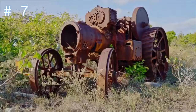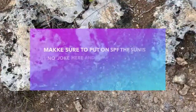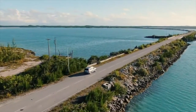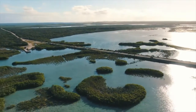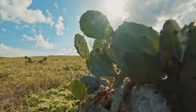Number 7 on the list is Crossing Place Trail Hike in Middle Caicos. A National Trust heritage site, Crossing Place Trail is a coastal path established in the 18th century by plantation settlers and slaves. Today, the path's hiking and biking trails follow the old path from the village of Lorimers to the